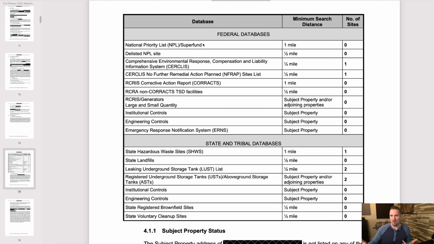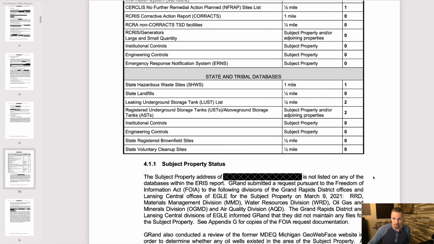And the reason this might be relevant is because sometimes these contamination issues can affect a lot of the properties around it. Say, for example, if a chemical plant blows up and stuff flies all over the place, or if there is a site with issues up at the top of a hill, but because it's at the top of the hill, that over time migrates down the hill and affects all the properties near it. So that's what this is all about. As you can see, for the most part, there isn't anything, but they did find some issues within a half-mile radius, which we'll get into more as we move down here.